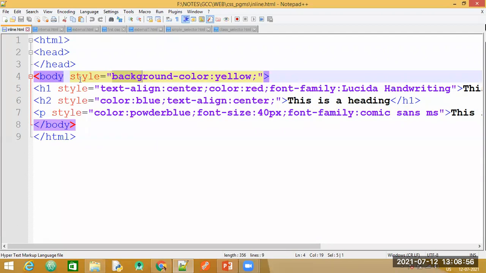So you see here, when we talk about inline, we are trying to specify the style property in the body section. I have said that I want the style background color to be yellow. Now have a look at the output here.